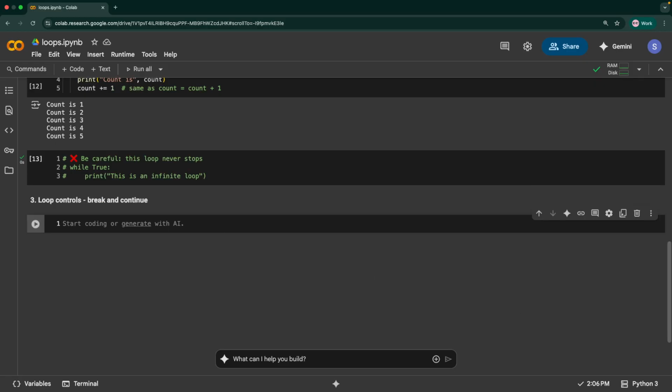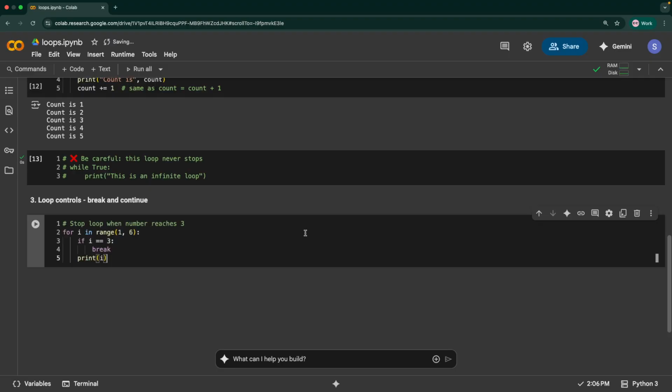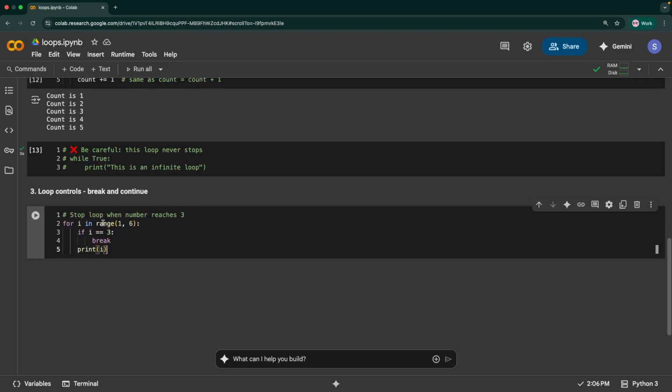So here I'll use this particular code block. It's basically to learn how to control a loop's flow with break and continue. In this case, what we are seeing is i in range 1 to 5. That means 1, 2, 3, 4 and 5 are the values. But when i is equal to 3, stop that. So it prints 1 and 2, and then i becomes 3 and it stops and exits the loop.